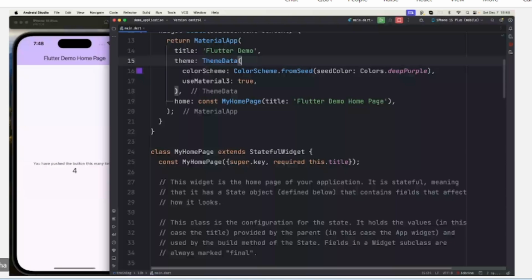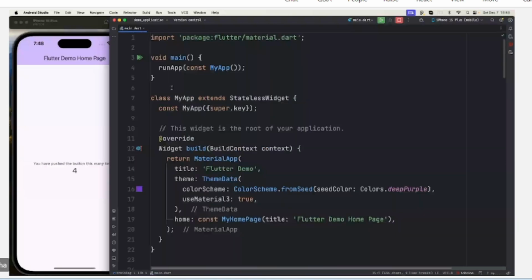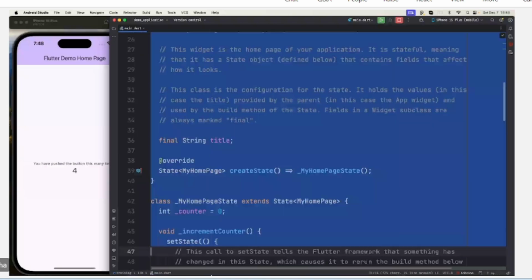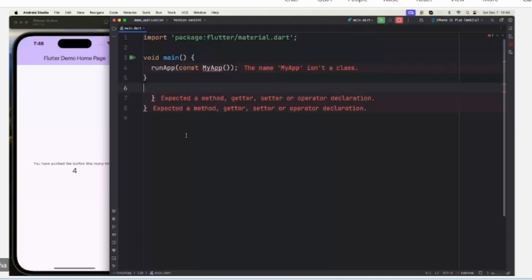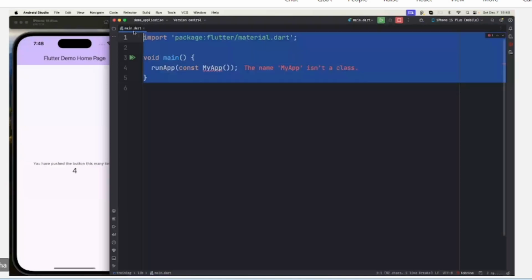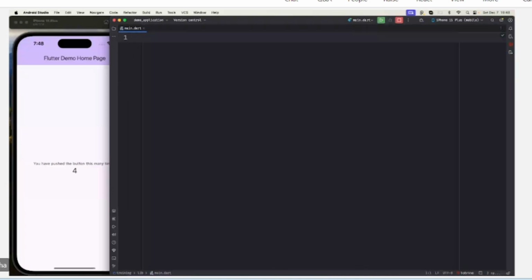This is the default code. Let me remove all the code and we'll try to start from scratch. So we just need to leave this one, or we can also remove this. Let me start from the beginning. So I will write a function void main, and